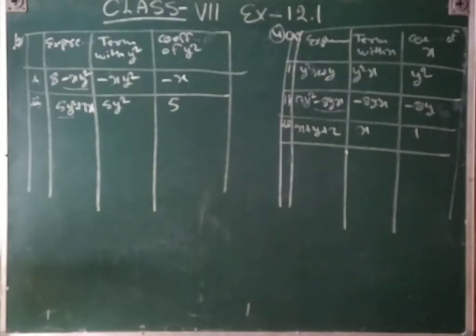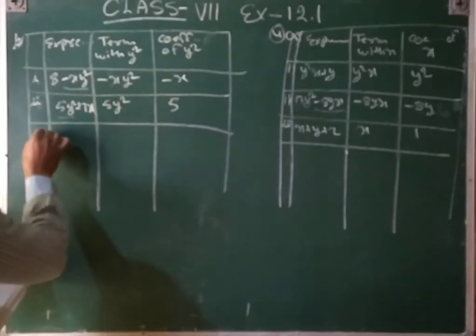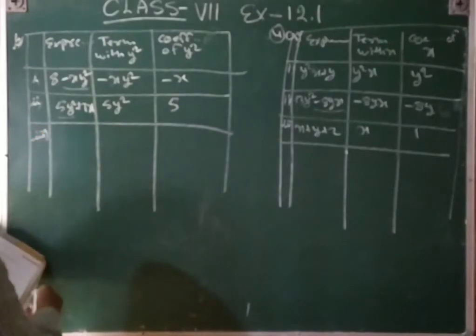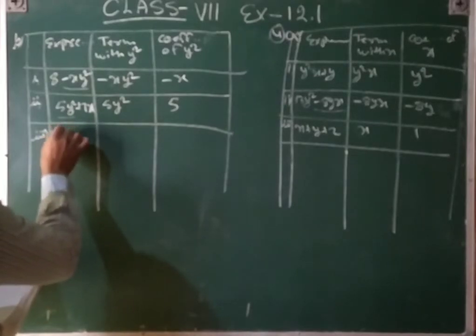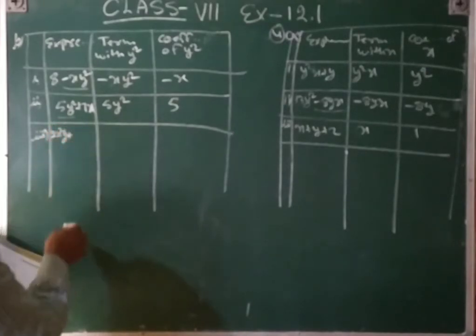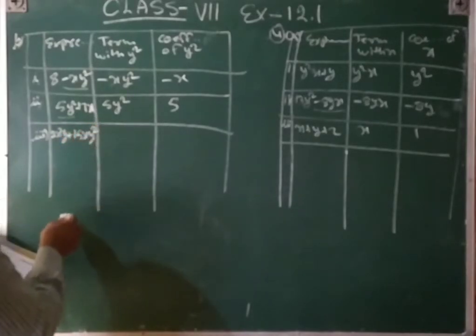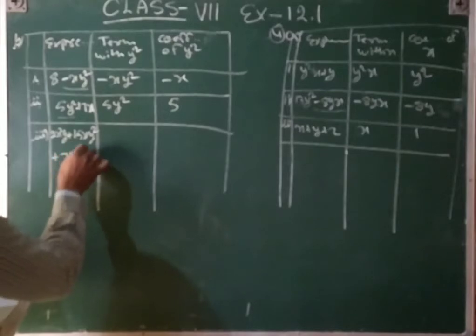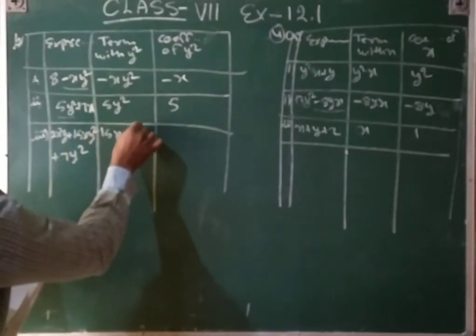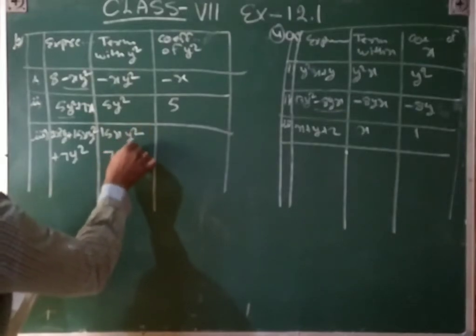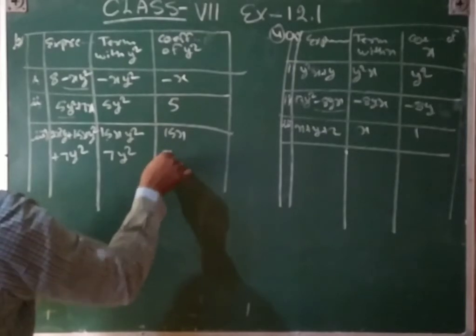And then the third part, also see that because 2 terms are given here with y square. First: 2x square y plus 15xy square and then plus 7y square. So 2 terms are there here which contain y square, this one and this one. So this will be 15x, or this will be 7.